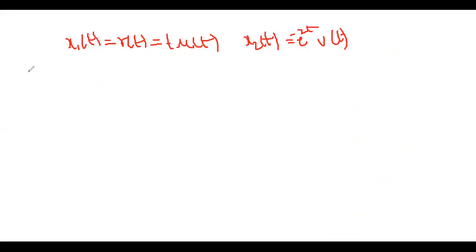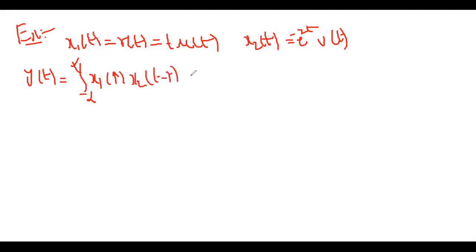E power minus 2t mu of t. Now, to find this, another example, the last fifth one, y of t is equal to, as the formula says, integral from minus infinity to infinity x1 of tau x2 of t minus tau d tau, which is equal to integral from minus infinity to infinity. Change the first one, t into mu of t, as tau into mu of tau,